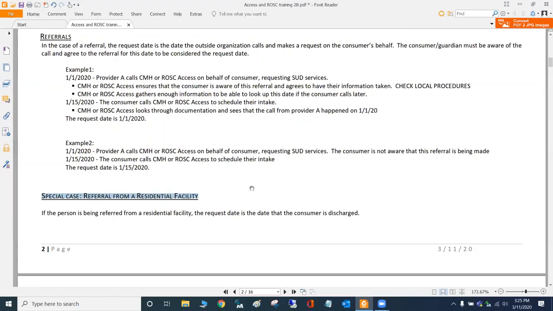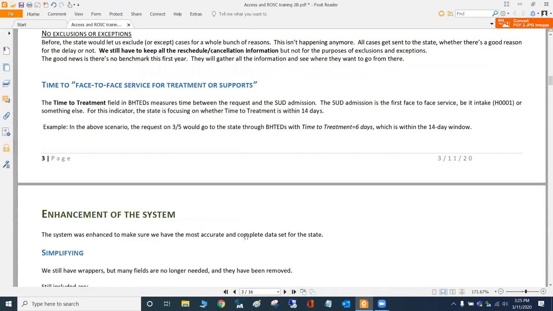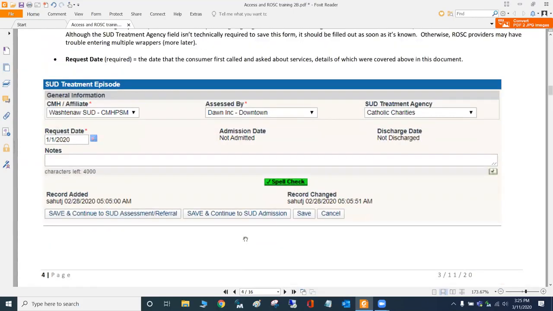And Bobby, I don't think it would be a bad thing to enter that in the notes section of the wrapper. There's a little place here, notes, where you can type in whatever you think is pertinent information. It could look confusing, like you forward dated something. If it were me, I would just pop a note in there.